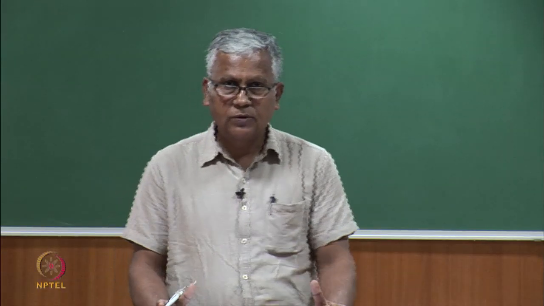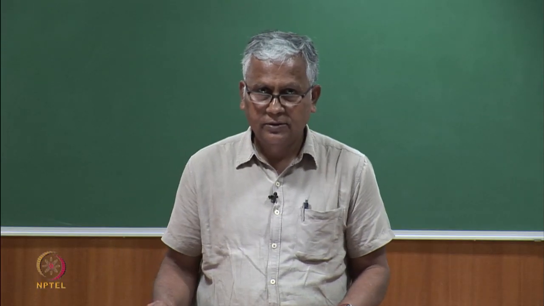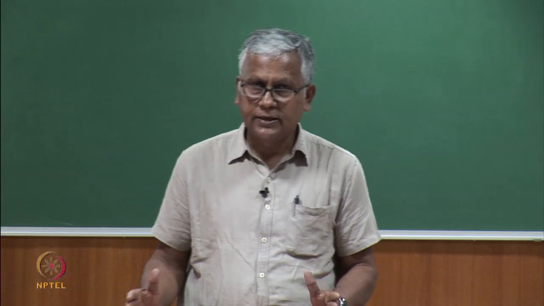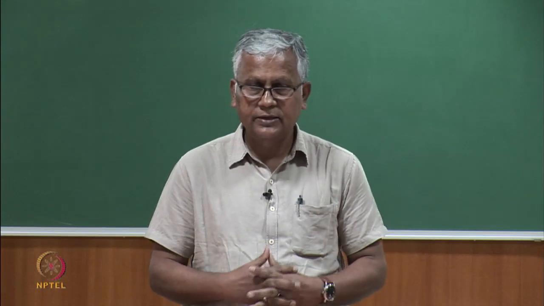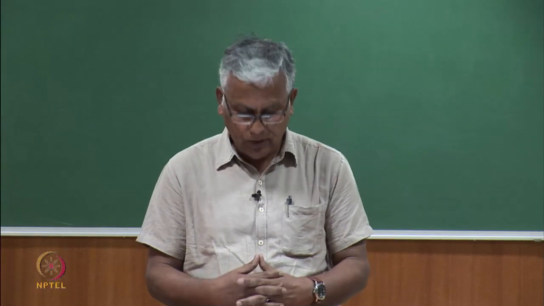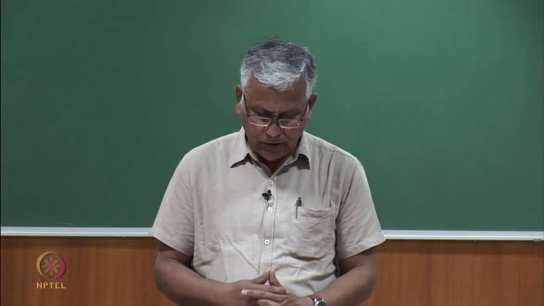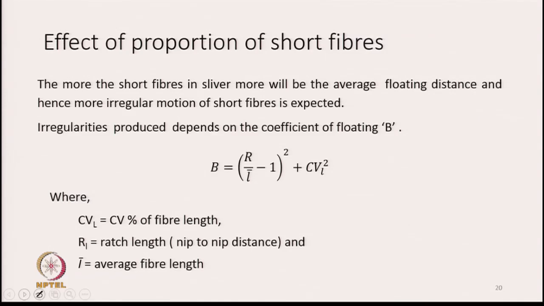Next is the effect of proportion of short fibers. For a fixed setting, if the short fiber proportion in the input sliver increases, then what is going to happen? The more the short fibers in sliver, more will be the average floating distance, and hence more irregular motion of short fibers is expected. Irregularity produced depends upon the coefficient of floating